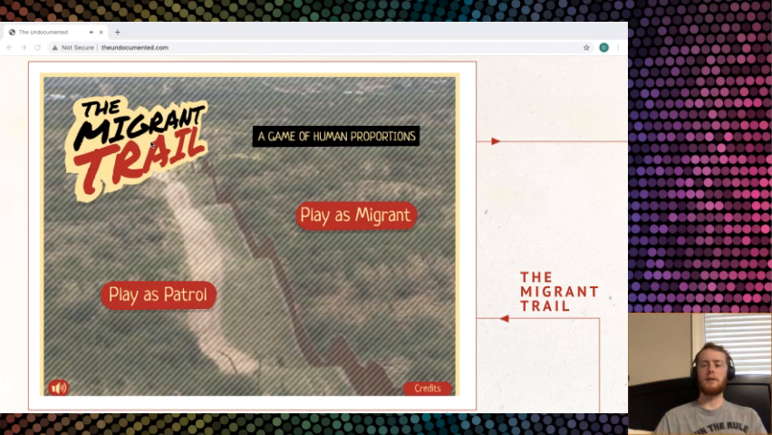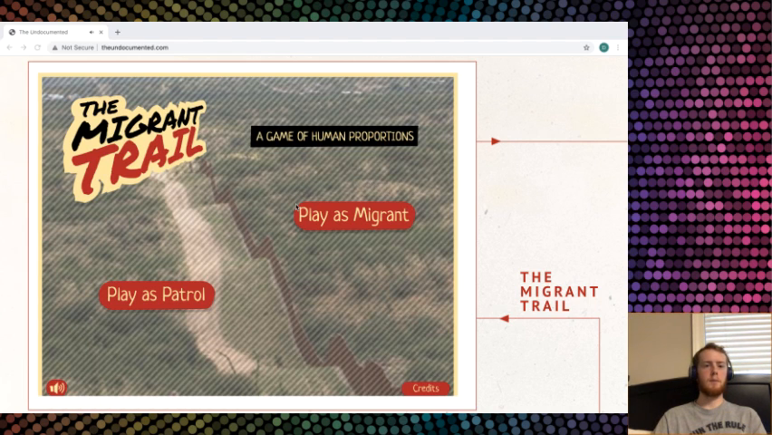This game came out in 2013, and it's called the Migrant Trail. It was inspired by the Oregon Trail game, and it's based off of some information that was brought to light by the documentary The Undocumented. And the documentary went over some of the aspects of the lives of some of the migrants who immigrated from Mexico to America, and more specifically, who passed through the deserts of Arizona to reach